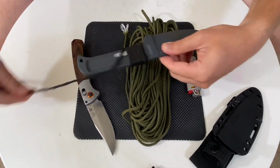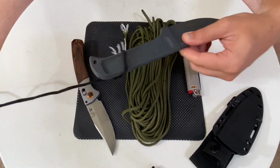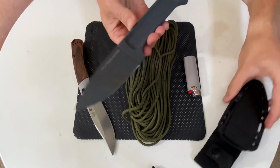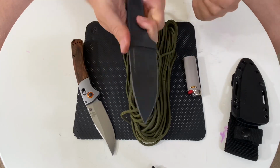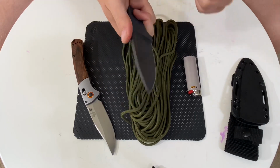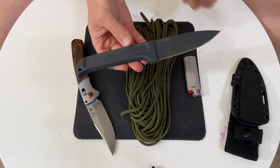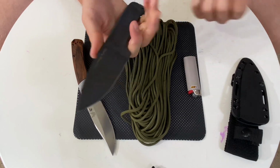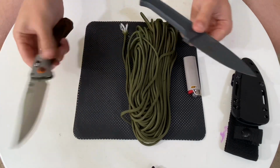This handle wrap was fairly comfortable-ish, but it could have been more comfortable, and I didn't really love the way that it looked. But yeah, this is the way the knife ships in this sheath with that. So this will be the reference point for the knife naked. When I review the knife, I'm going to do it with my new handle wrap on it, because personally, I wouldn't keep this knife like this. That's just not the way that I would use and carry this knife. It's not that comfortable for my hands naked like this. It might work better in other people's hands, but for me, it's begging for a wrap. So let's go ahead and